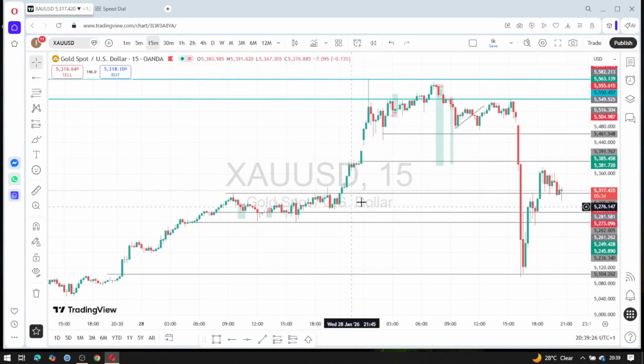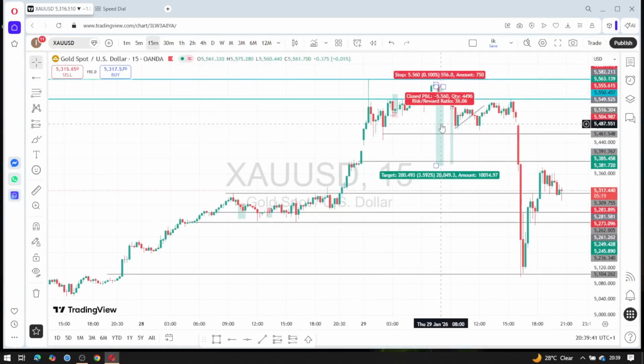Now, for those of you who trade smart money or other strategies or concepts, knowing chart patterns will help a lot, because what just played out now is a chart pattern. And you can see, let me show you, see this trade? Don't worry, I didn't lose this trade. It's because of the one I entered. We'll go to the 1 minute time frame now. You see, I didn't lose it.